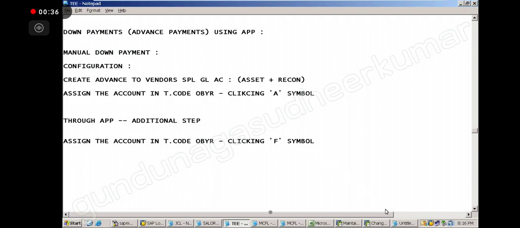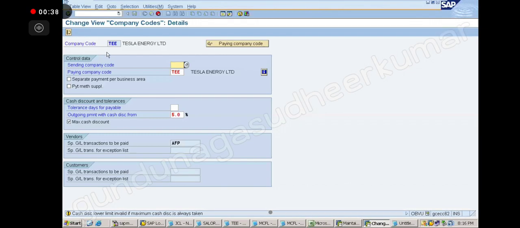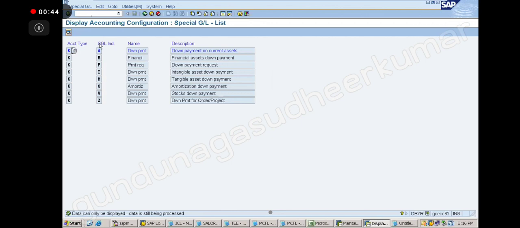Okay, shall we do this now? So I am going to /n OBYR, which is the F symbol. F is what? Down payment request. Okay, click on this.